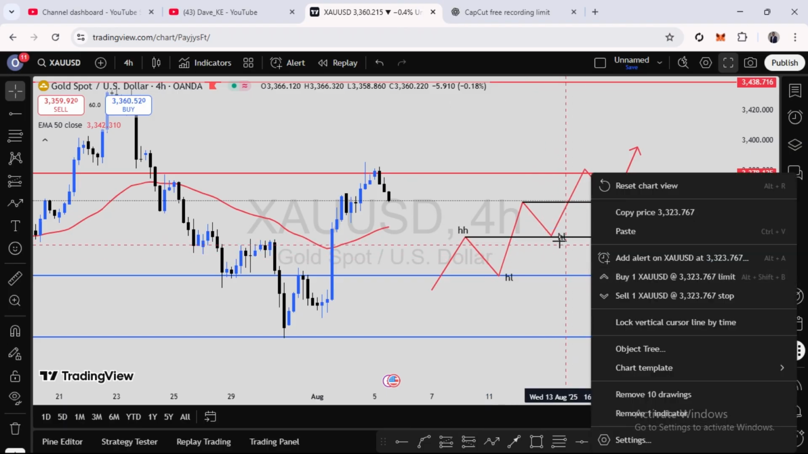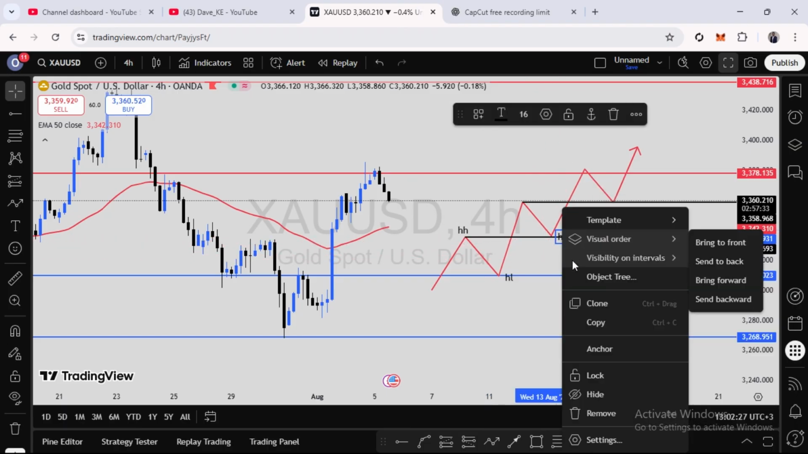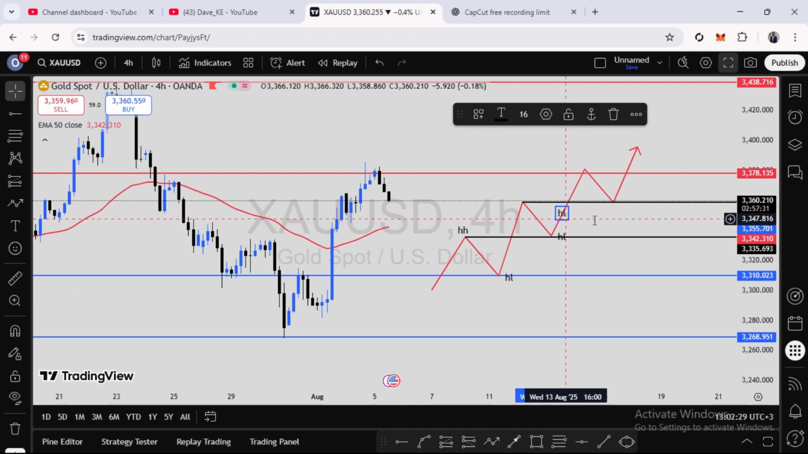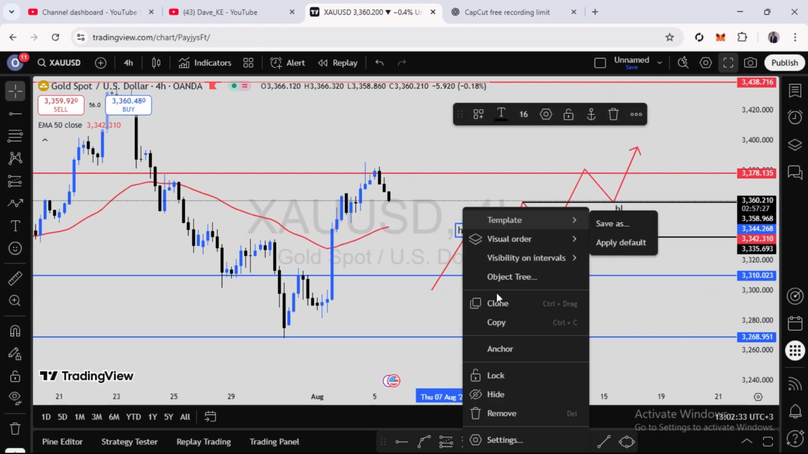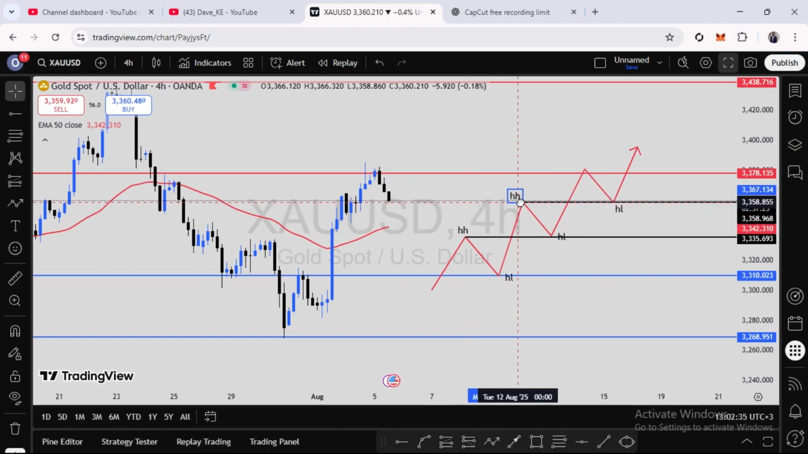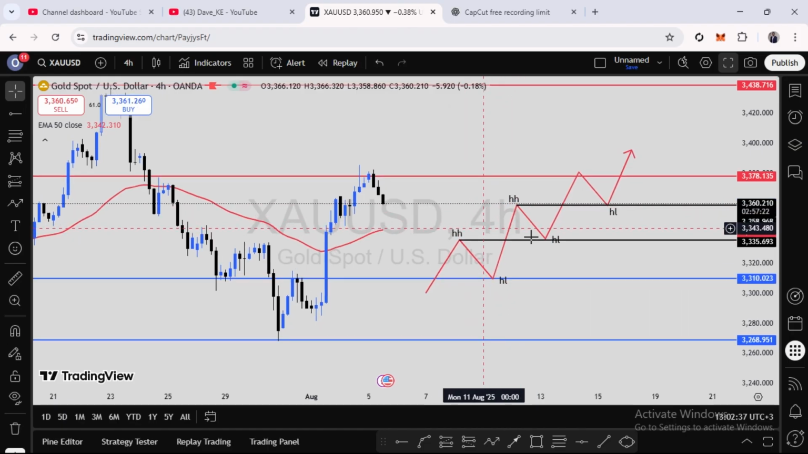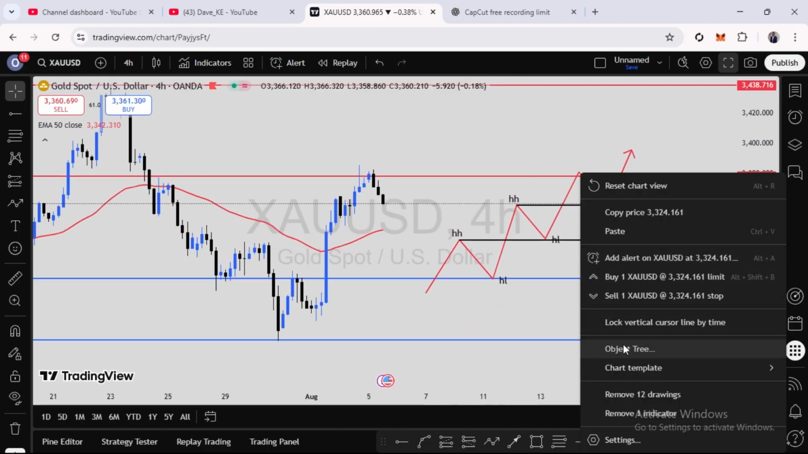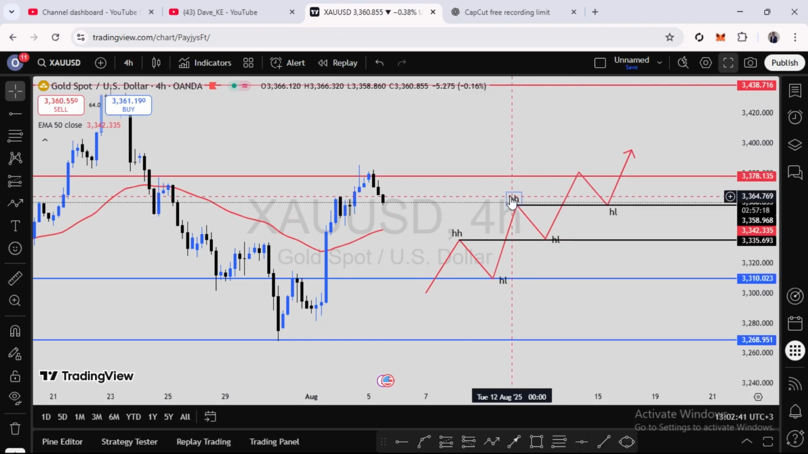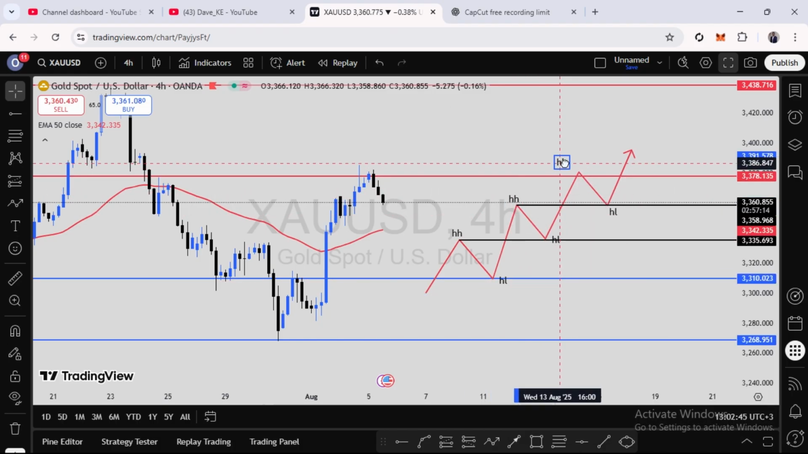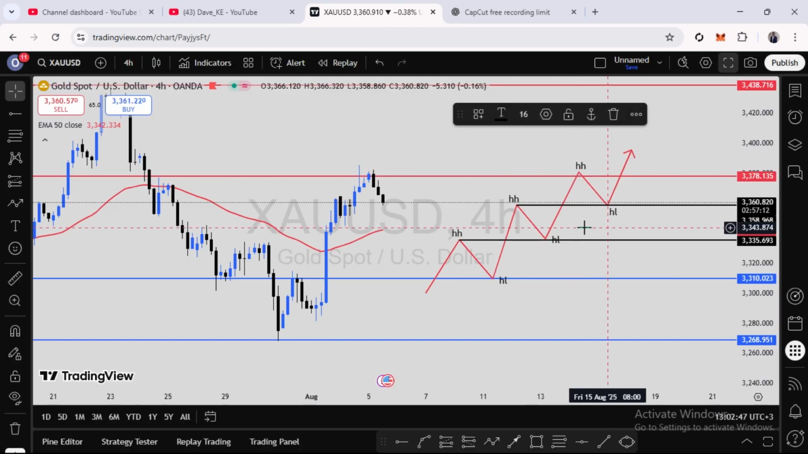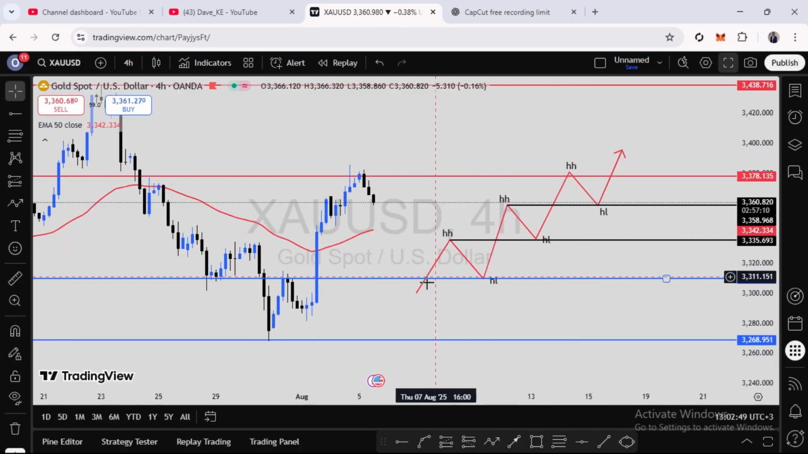uptrend. So we have a higher low. We have another higher low there because it's higher than the previous low. Then we have another higher high, and then the last higher high, at this particular point. So now, if you know gold very well, you know that you're supposed to be buying at